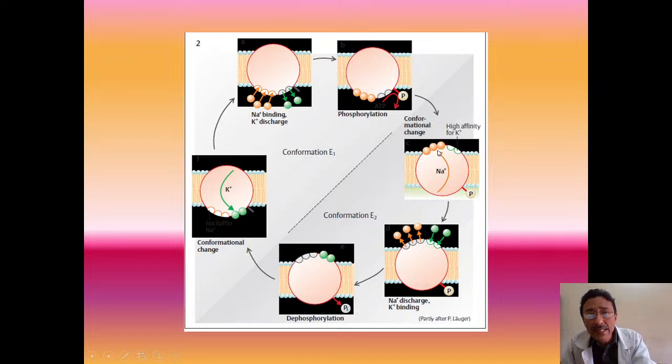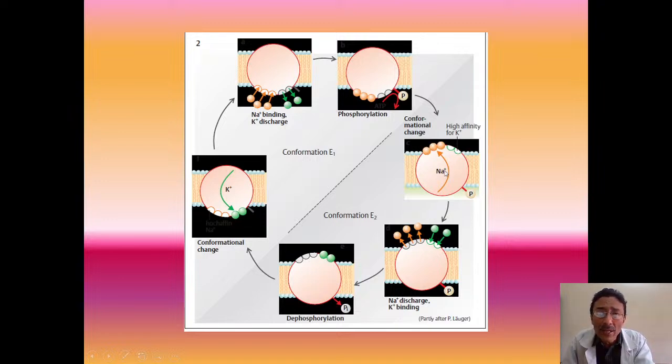Once that high energy bond is released, that is, phosphorylation has taken place, the whole of the energy is used to twist this carrier protein. So there is a conformational twist, or conformational change, and rotation of this carrier protein taking place. Once this channel rotates, it causes the movement of the sodium ions from inside to the outside of the cell membrane.